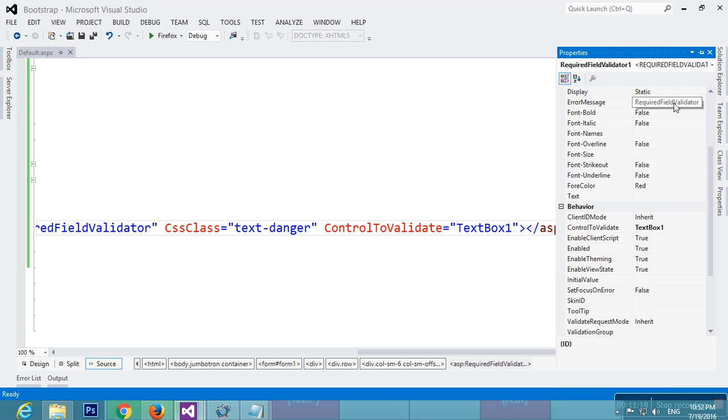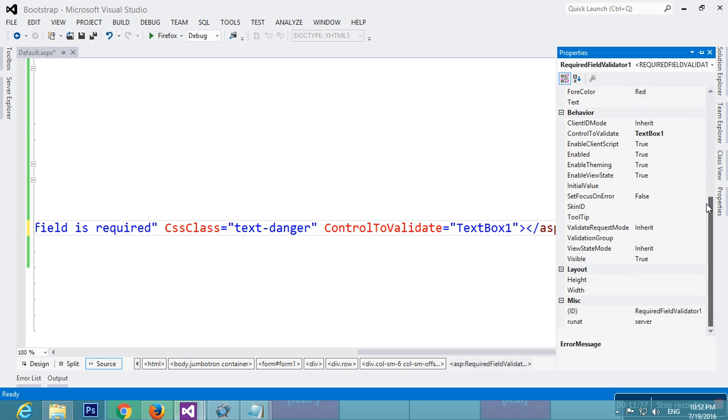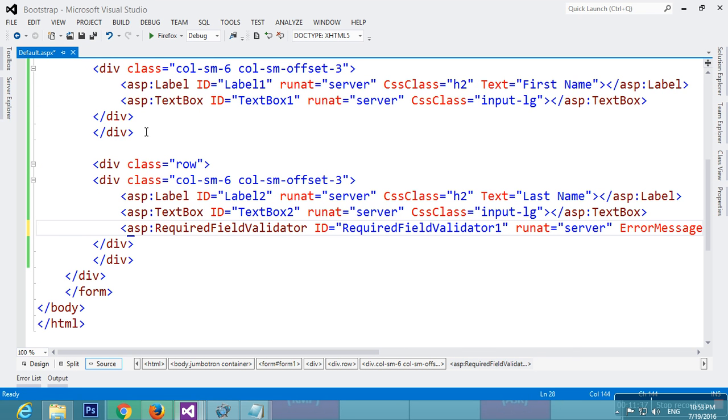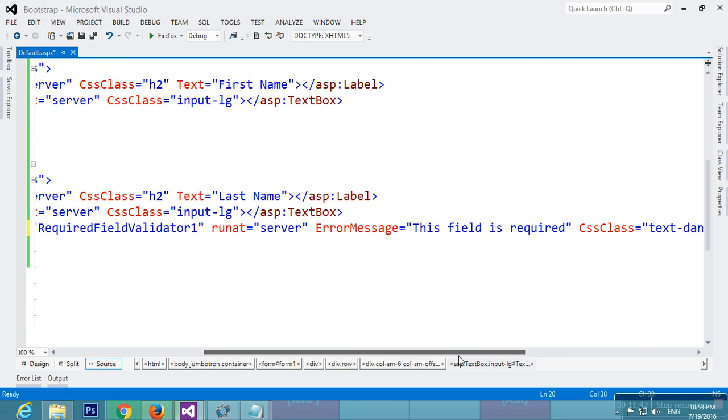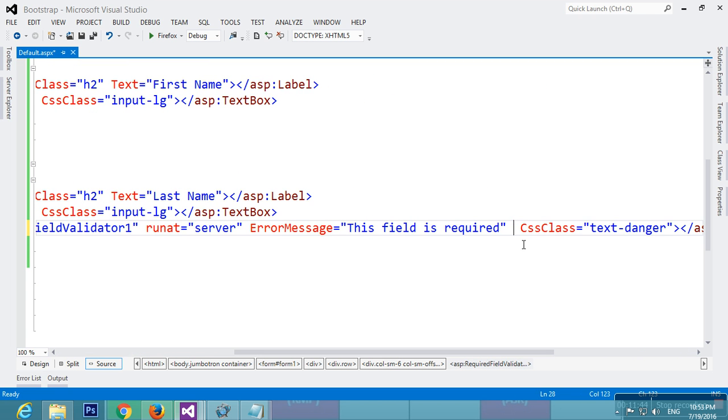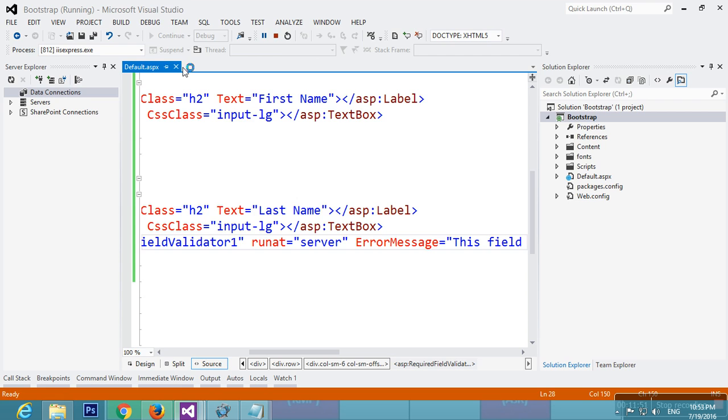Error message is provided: this field is required. Now let me see if this works or not.